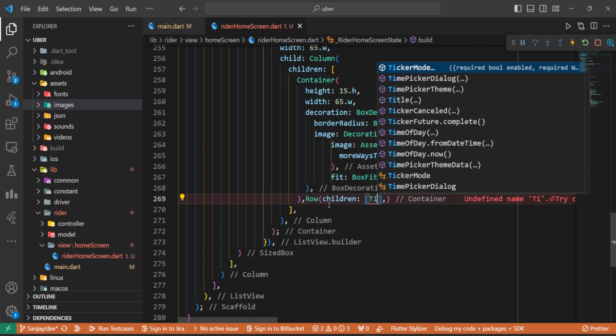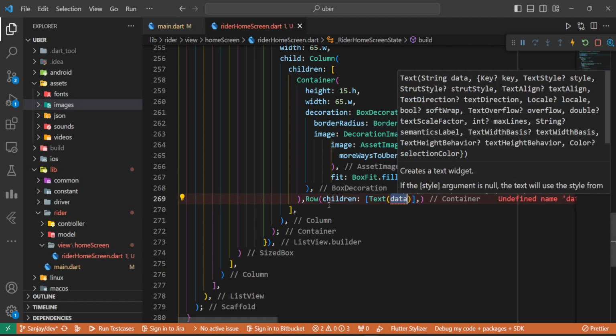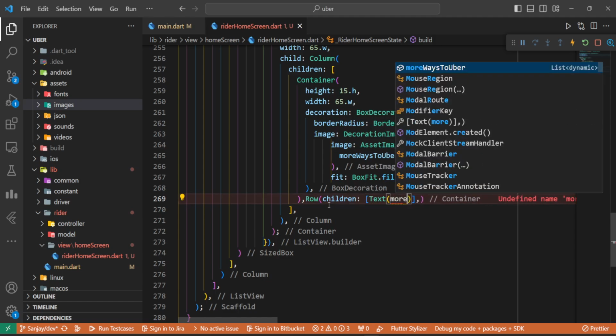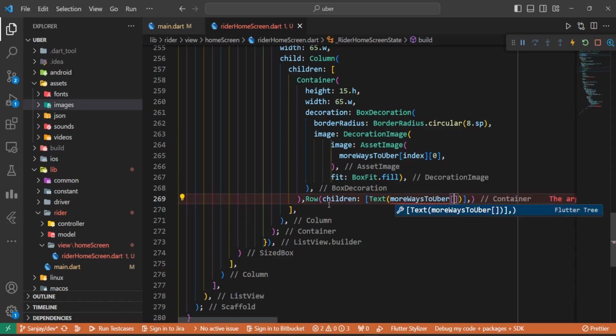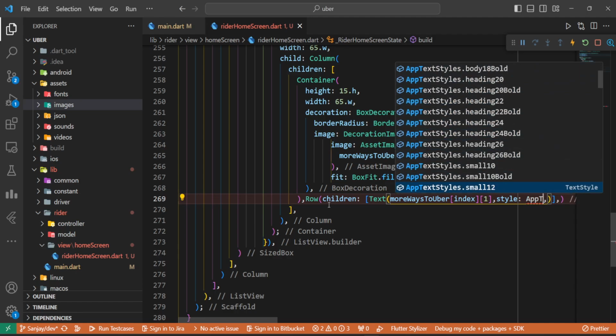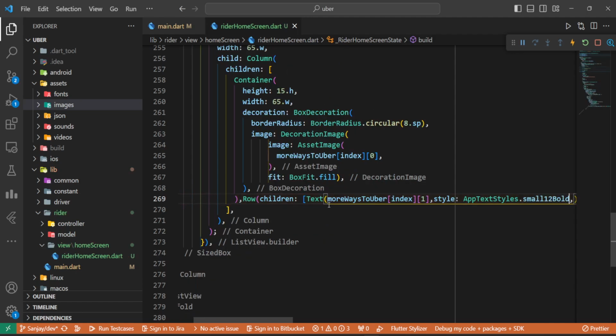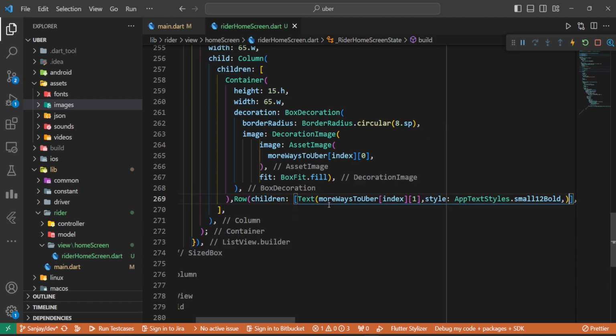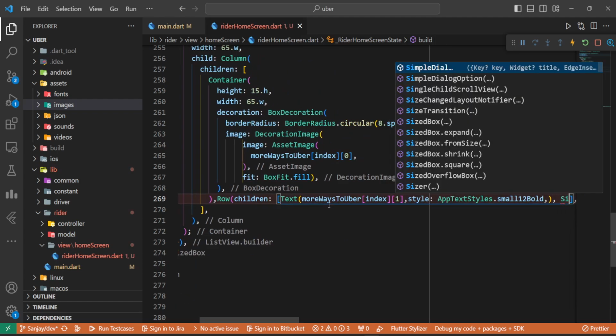Children, here comes Text, and it's going to be more ways to Uber, index of 1. And we do need to go with the styling, AppTextStyle, and it's going to be bodySmall 12 bold, and SizedBox